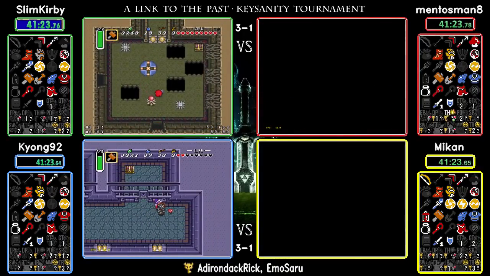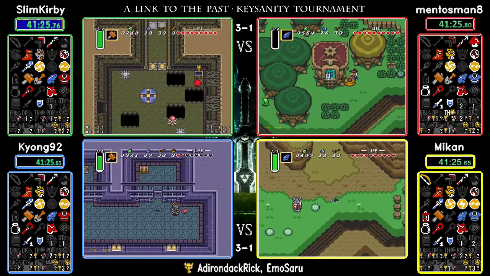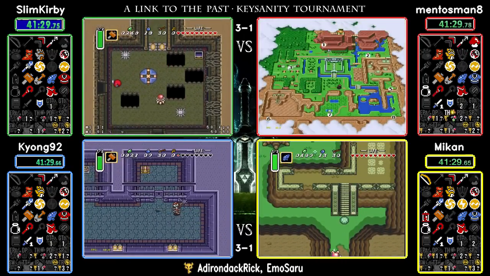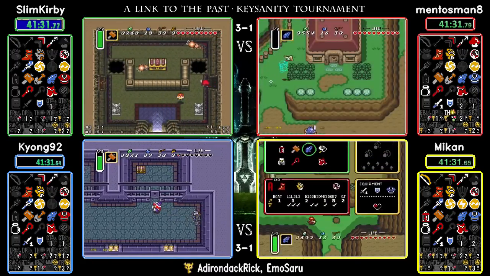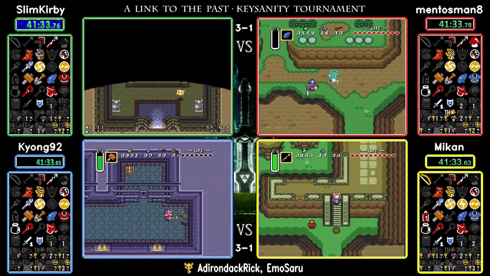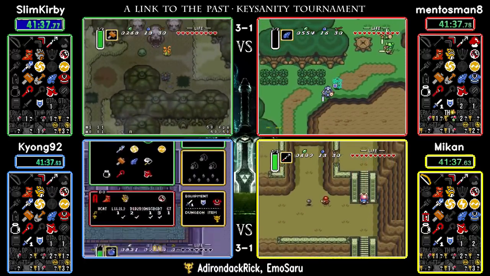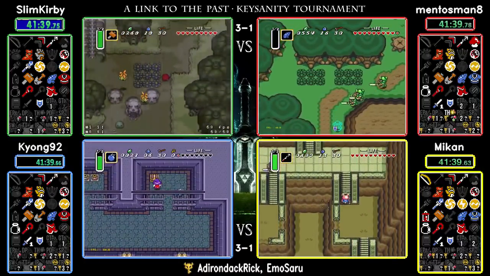And where's Mikan going to go to next? I think with the bow in hand as well as the big key, time to finish that Eastern. Yeah, choosing to do Eastern first, obviously, because he doesn't have the mirror. It's a little bit annoying. It's not exactly the routing you'd like to be able to do, but